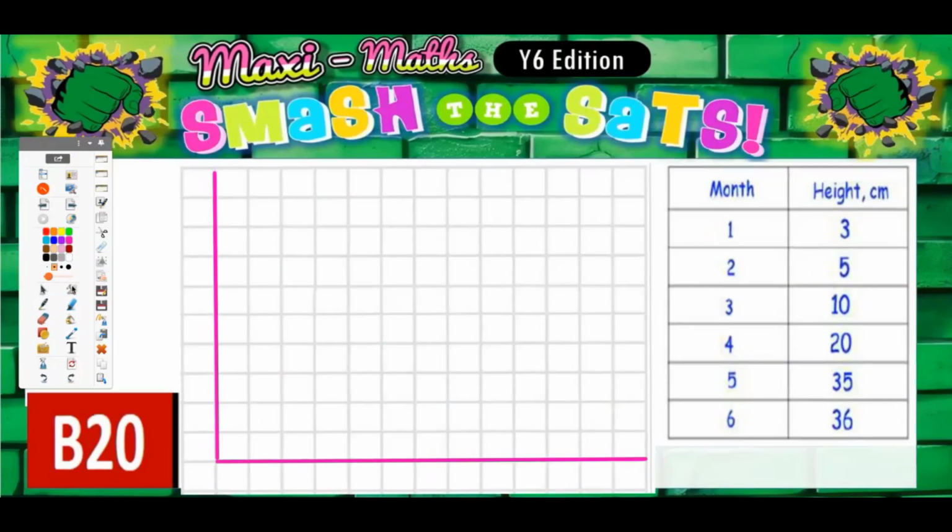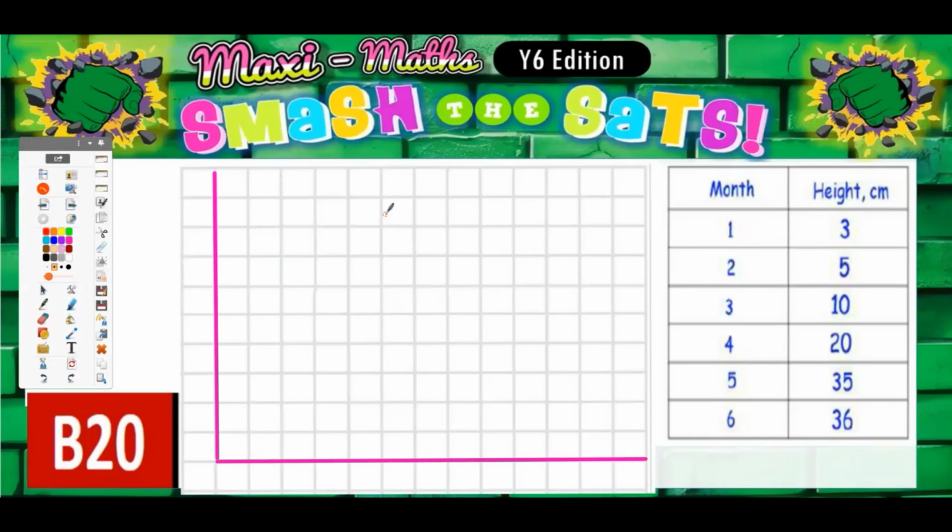Question 20, we've been asked to draw a graph to display this data. Now, this data could mean anything. It could be the height of a plant, maybe, that you're growing after 6 months. So obviously after 1 month, it'd be quite short, and then it's growing after 6 months to be 36 centimeters. So it could be the height of like a tomato plant or something like that, or a sunflower, maybe something